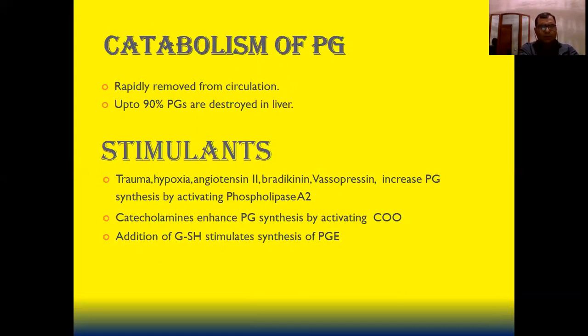Catabolism of prostaglandin: they are rapidly removed from the circulation, as I told earlier, that it is rapidly produced and rapidly cleared. Up to 90% of prostaglandins are destroyed in the liver. Stimulants like trauma, hypoxia, angiotensin 2, bradykinin, and vasopressin increase prostaglandin synthesis by activating phospholipase A2. Catecholamines enhance prostaglandin synthesis by activating cyclooxygenase. Addition of GSH stimulates synthesis of prostaglandin E2,